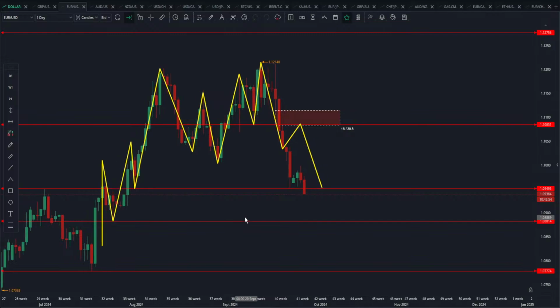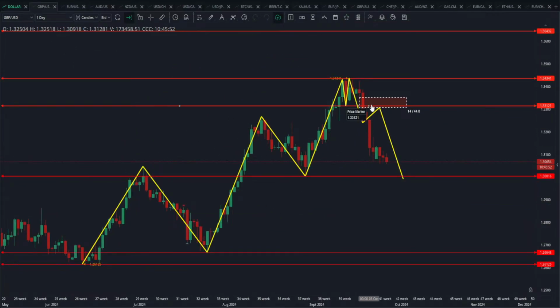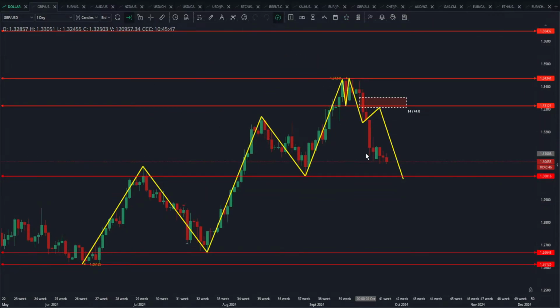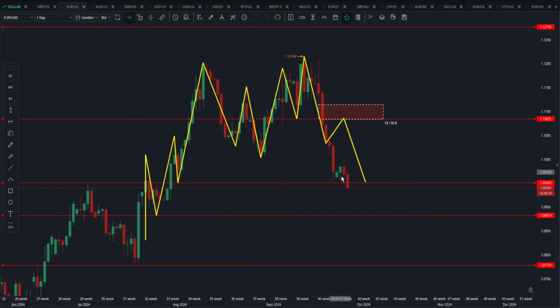The euro is now even more bearish than the pound. The pound was bearish earlier. The euro was not giving up any gains, but see now the pound has stopped here, or you can say this fall has been tapering down. Now there is a possibility that the price will go up from here, but the euro is accelerating to the downside. It has also given us a fair value gap, traded that fair value gap, and boom, now 1.0881 is what I'm looking for in the euro. On the upside, if the price starts going up, then 1.1083 I'm looking for as the resistance.